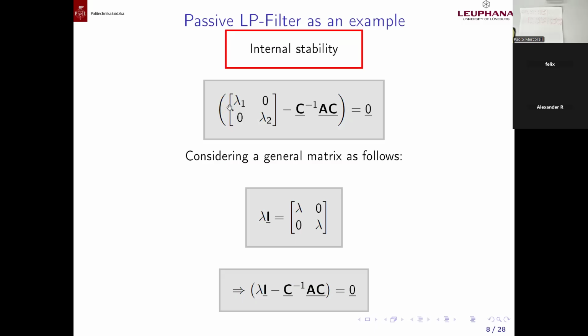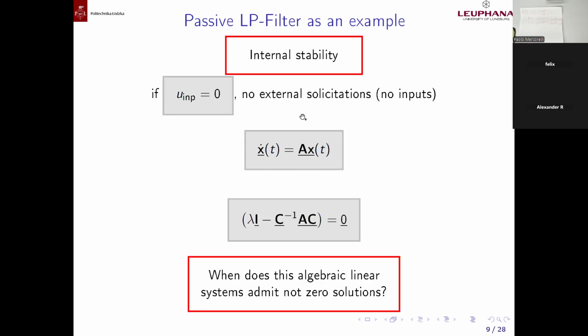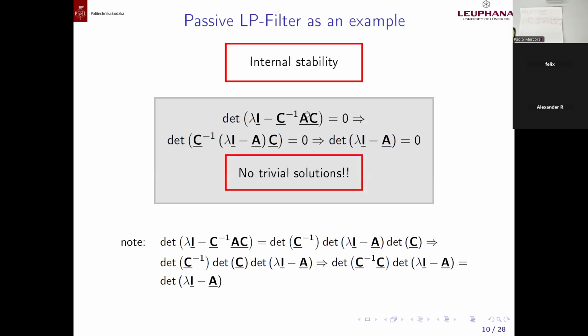C zero is not acceptable for us for many reasons, because first of all, it's not a solution. Secondly, we assume that C must be invertible. And where does this idea come from? This works also with lambda 1 and lambda 2. If you write everything in terms of lambda 1 and lambda 2, this came from the condition that in